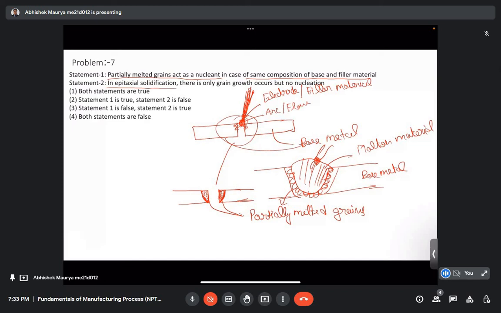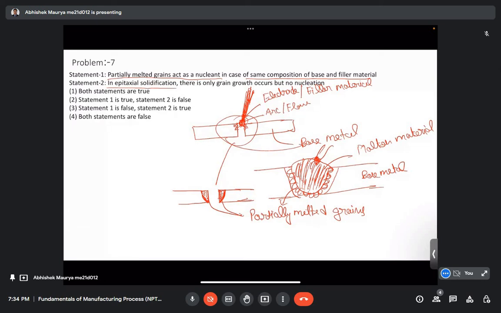Then the material will get melted and deposited, it will get filled between these two base metals, and after that what will happen? Cooling will take place. When cooling starts, the atoms from the molten material will try to